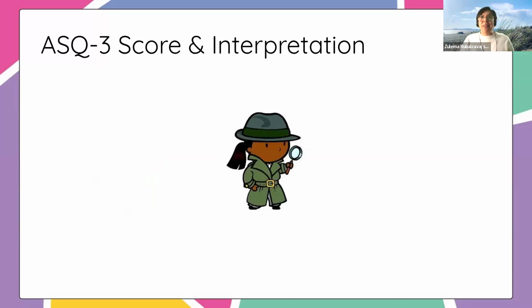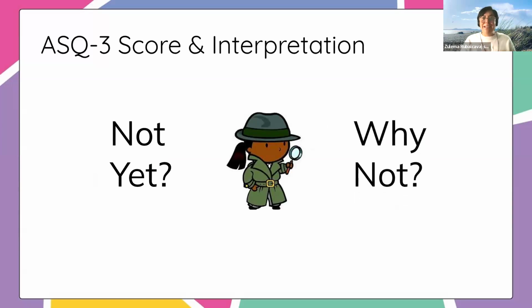So when there's a domain or a question that's answered not yet, it's really up to us to ask why not, right? That is the bulk of the interpretation. Why is this child not doing it yet? And that's going to really help us interpret that score, right? That will require some time, and it will require some conversations with families, and it will require some digging, right? Some investigative work. Because if we have ruled out all of those other considerations, all of those other biological considerations, genetics,